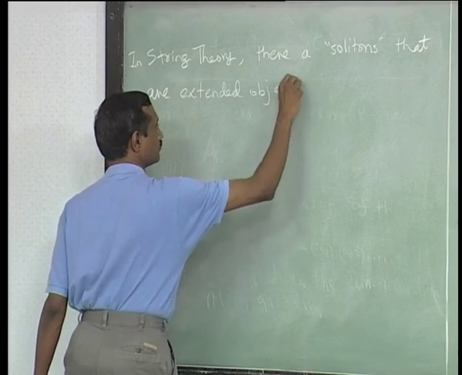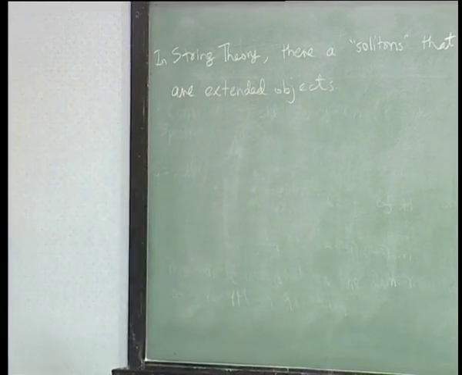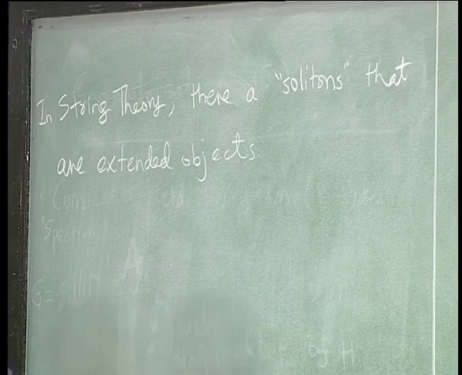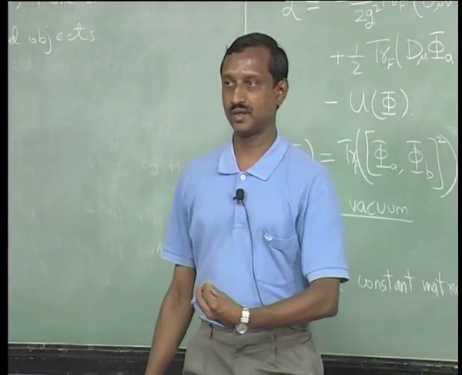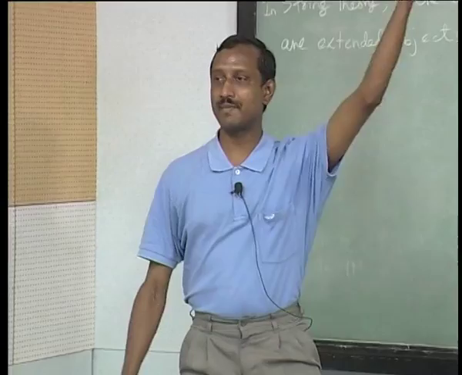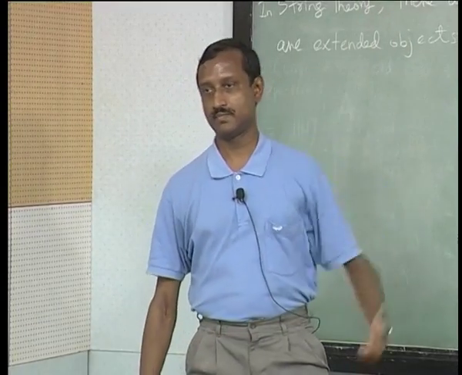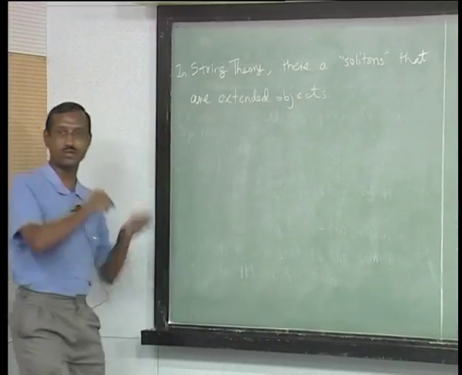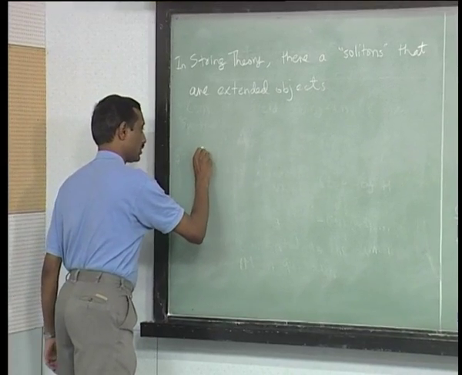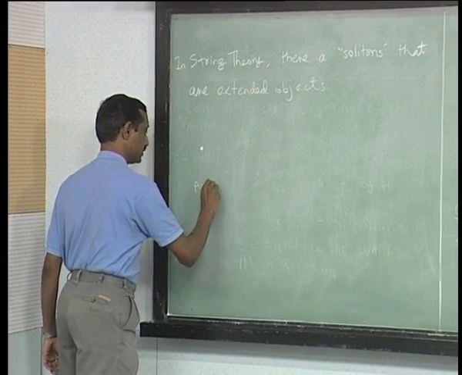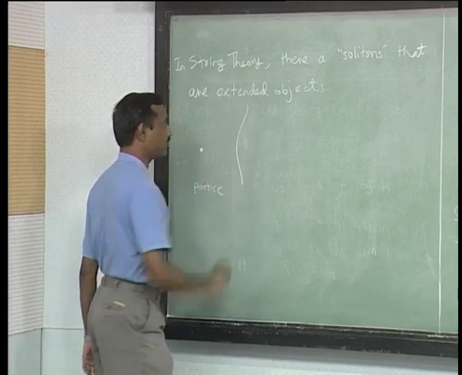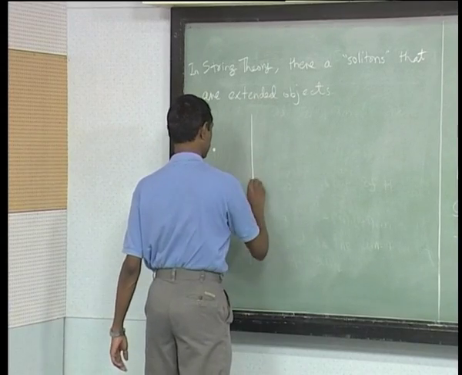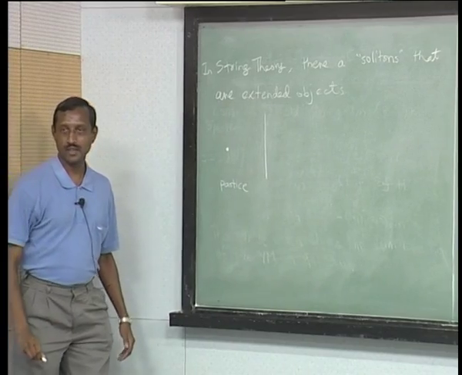Okay. So most of the solitons, like for instance we saw the kink soliton, that was like a particle, and if you look at its time evolution in space time, it is like a line. But there could be something else, so let us draw the space picture. There is always a time, so this is what we would have called a particle, but there could be something else which is extended in one direction. I am drawing a curve, but let me draw it as a straight line, and what would you call something like this? You would call it a string,